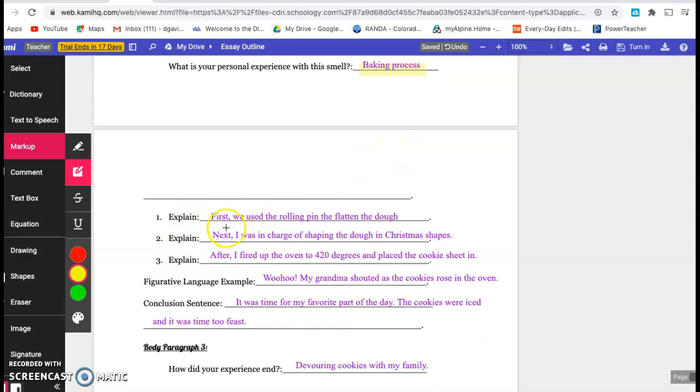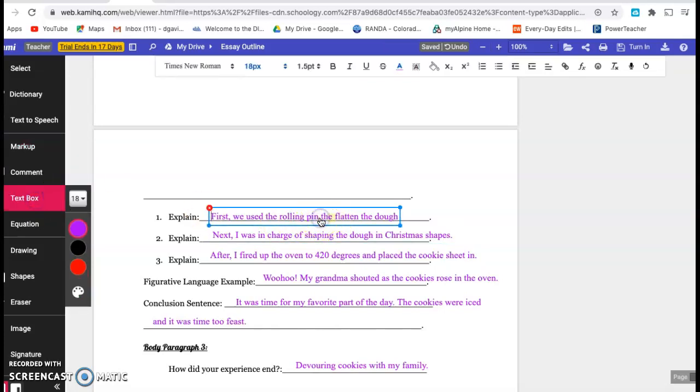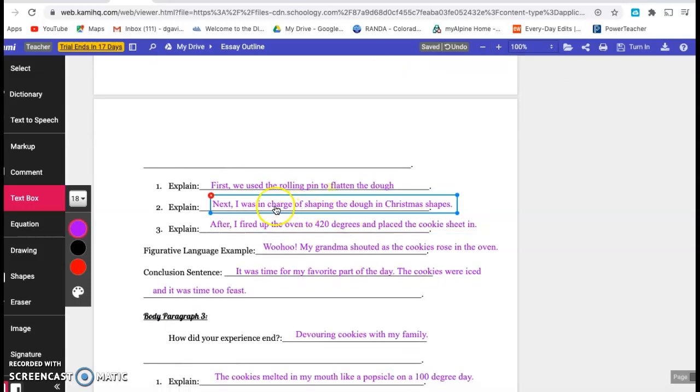My first explanation: first, we use the rolling pin. Oh, this should be 2. Sorry. Let's see if I can correct it here. We use the rolling pin to flatten the dough. Next, my next step, this is what